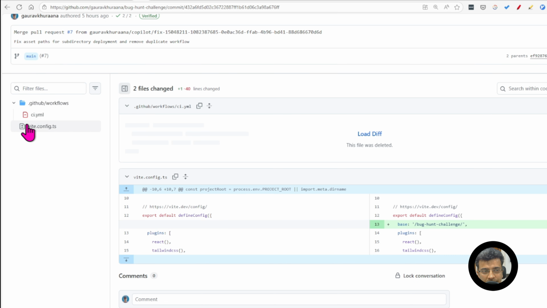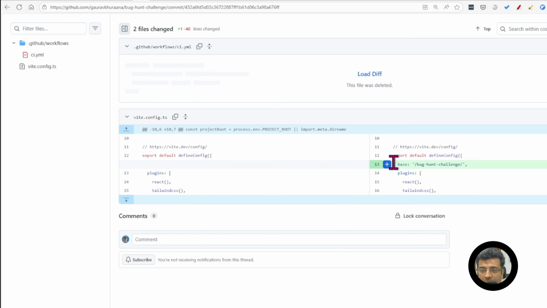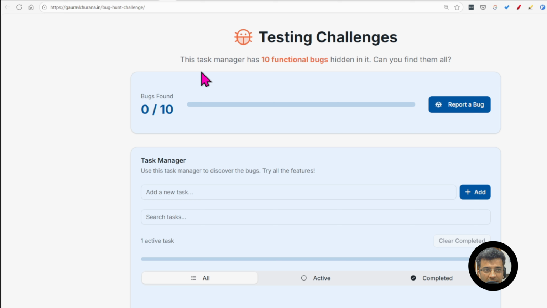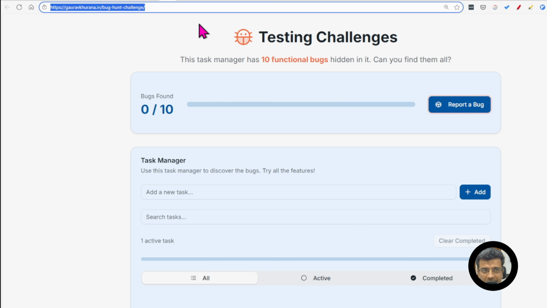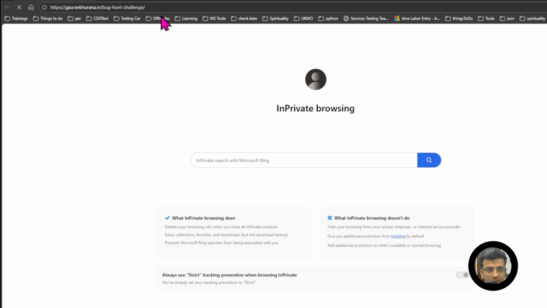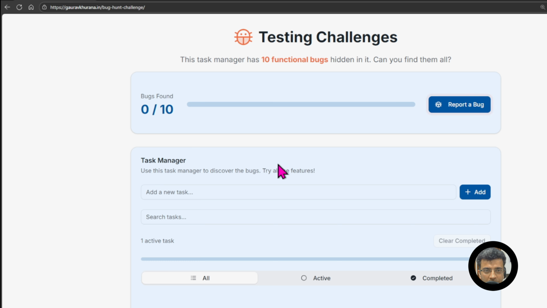If you see the ci.yaml file, it has been deleted now. Earlier there were two files, deploy.yaml and ci.yaml, so two were not needed, and it missed entering this base folder. This was the main problem that was happening, which it has added now, and you see that there are bugs. You can try this site, and now it is coming like this, and it is publicly available. There is no need of having a GitHub login. Let me open an incognito mode. Right now anybody can access it, they don't need GitHub.